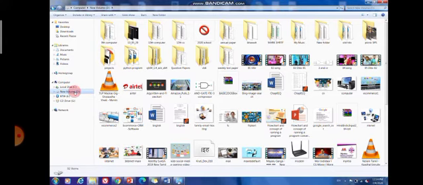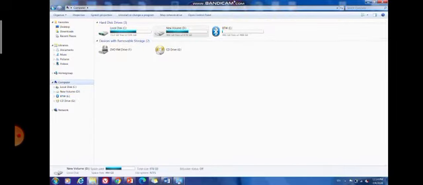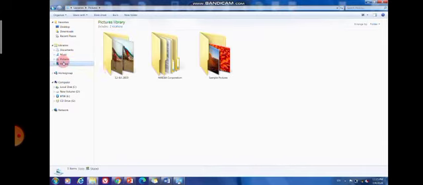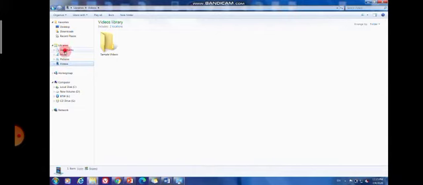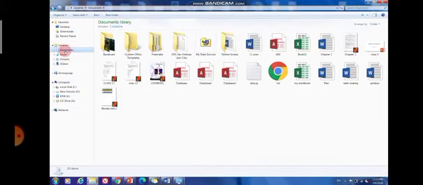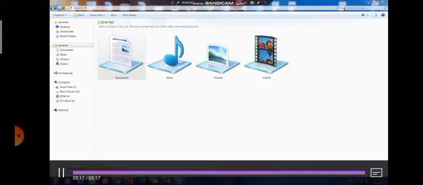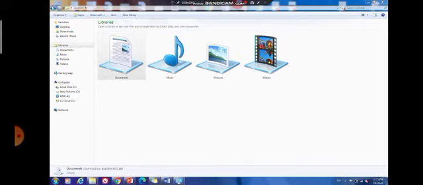So you can see here these yellow things are nothing but folders, and the other things are known as files. Okay, so this was all about files and folders. Now coming to the next one,